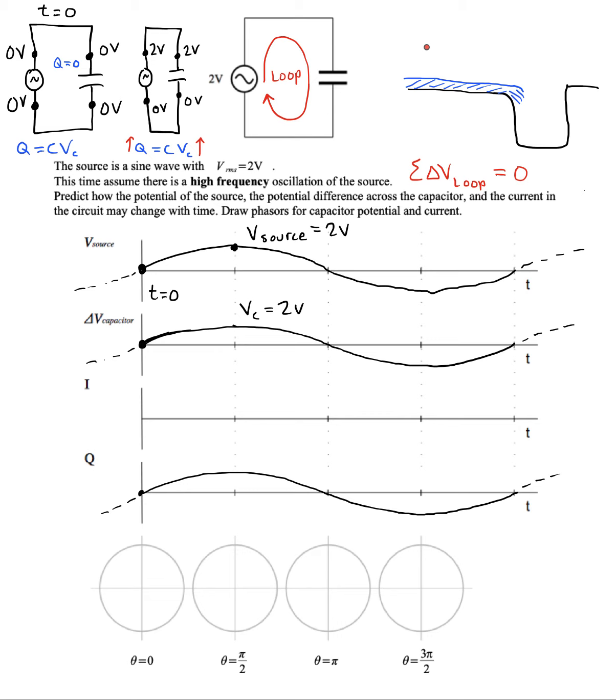The flow rate of the water is the current. And at t equals 0, we see that the charge is 0. Q represents the charge stored on the plates of the capacitor, but it can also be thought of, in analogy, as the amount of water that's stored in that reservoir. When the reservoir is empty,